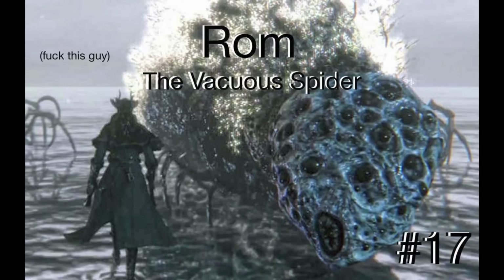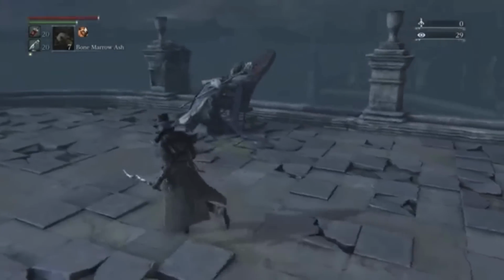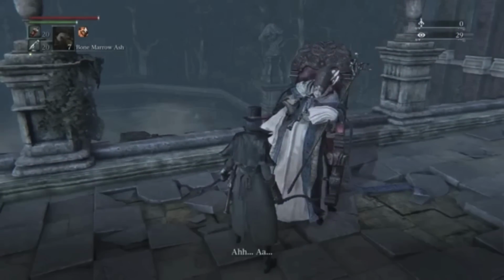There's a good chance that there are a lot of people out there who can't fathom why I would name Rom the Vacuous Spider the hardest boss in Bloodborne. Well, the reason is because Rom the Bullshit Spider Bitch is the most bullshit boss with the most bullshit attacks in the entire game. For one, I didn't even figure out how to get to this boss without looking it